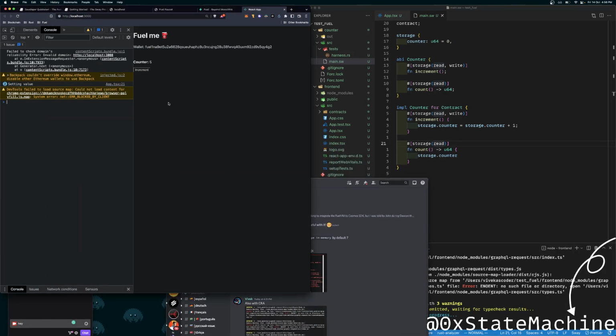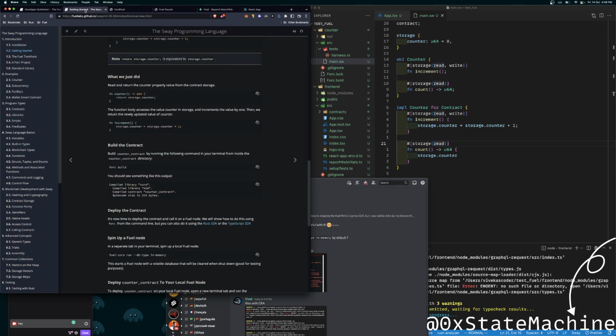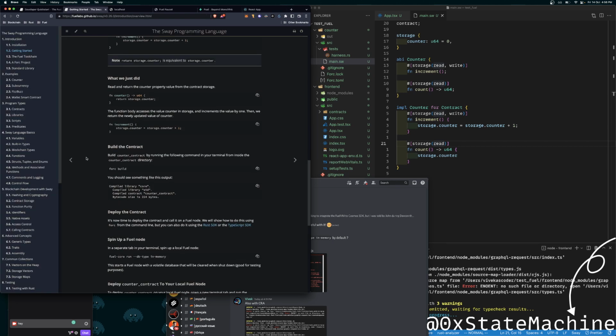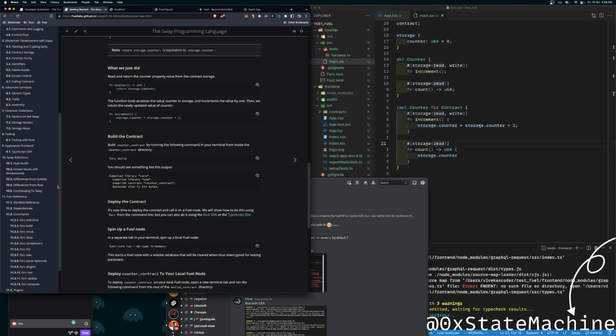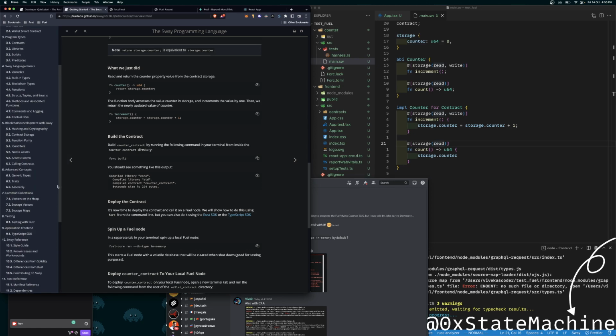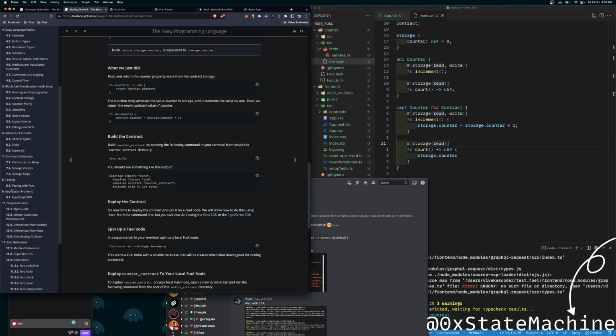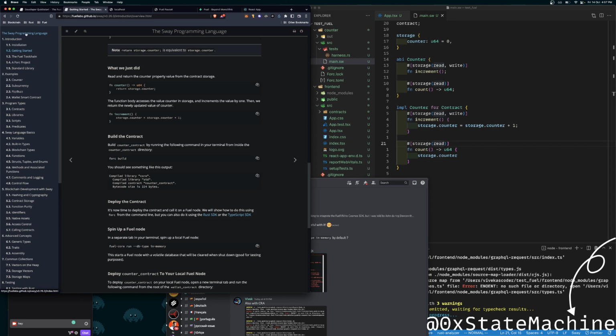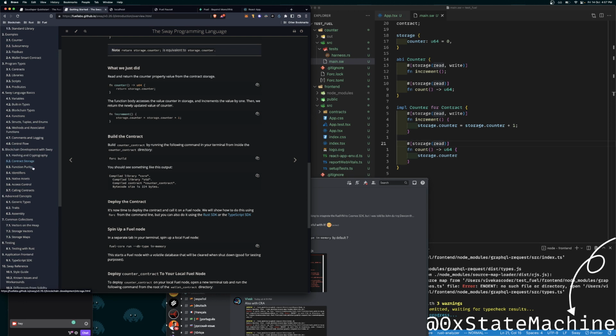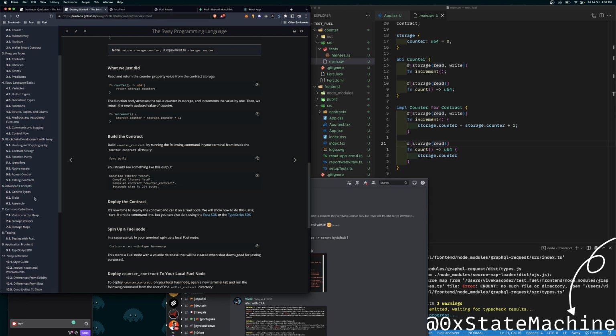Now, the next step is to learn more about Swaylang, and let's see what we can do. And I also want to take a look whether they have standards for fungible and non-fungible tokens. Counters of currency, Fizzbuzz, program libraries. Advanced concepts.